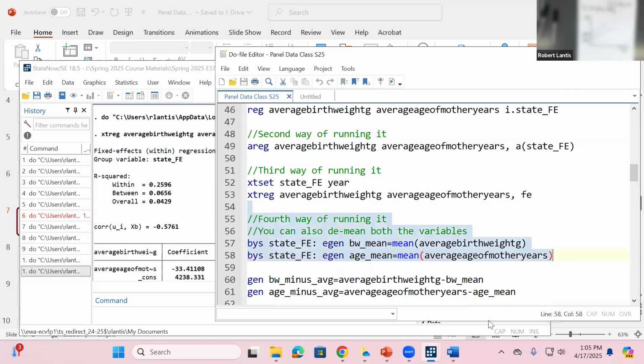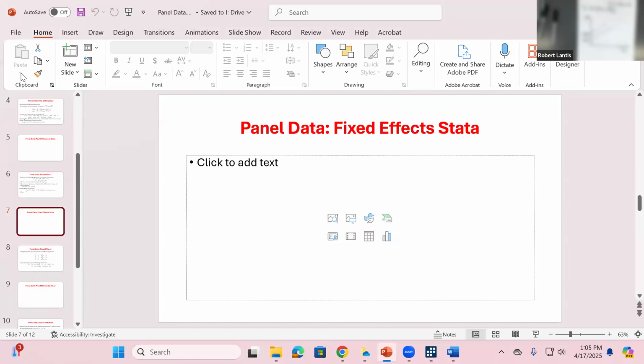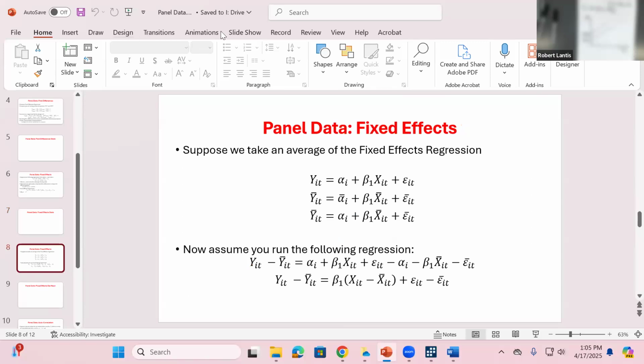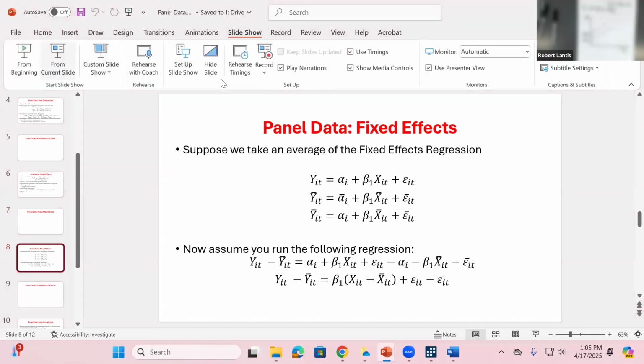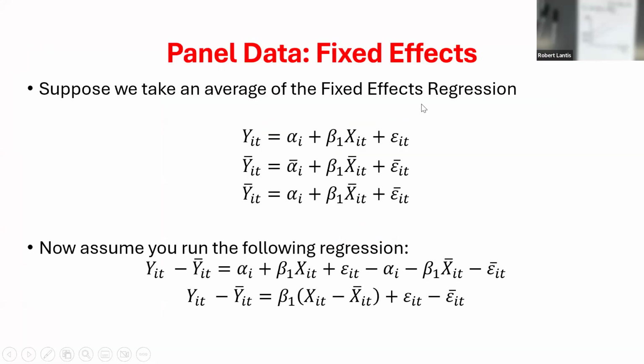Fourth way of doing this. All right, so we'll go back to the slides before we do this. Now, I'm not going to make you reproduce this math. I'm going to show it to you to prove it to you, and then we'll prove it to ourselves with data, okay? So if I were to write out my regression where I've got this alpha i,